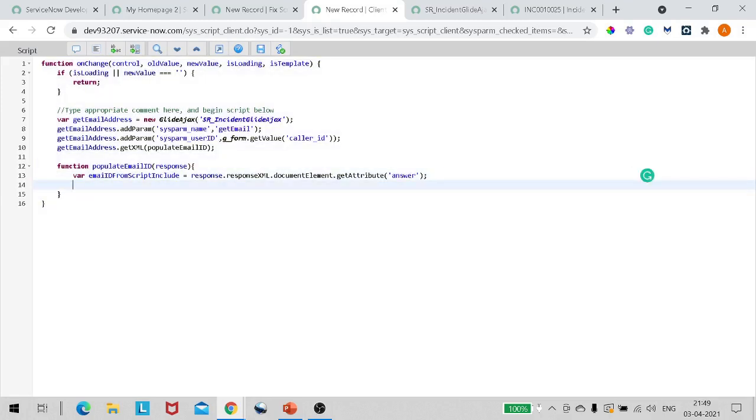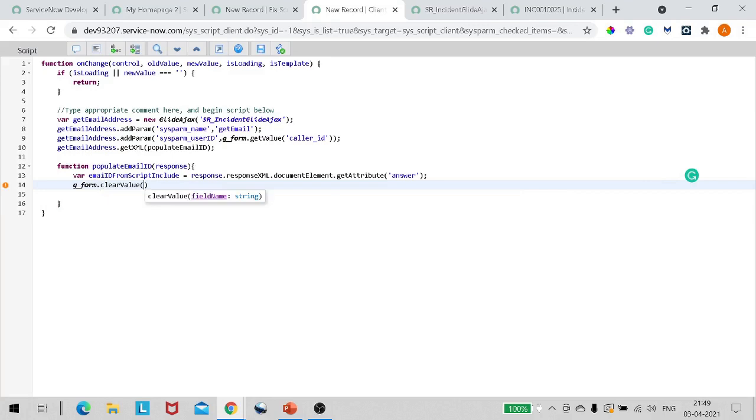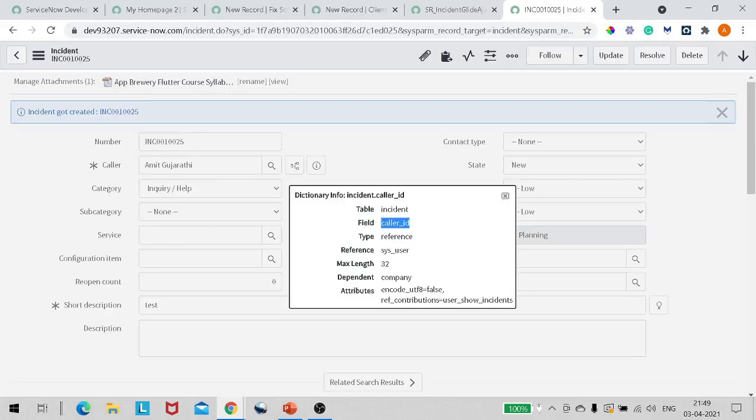Now we have to set this on our client script, right? So what we will do is, it's recommended that we first clear the field before overriding it. So it's like g_form dot clear value. Clear value from which field, let me confirm it once.